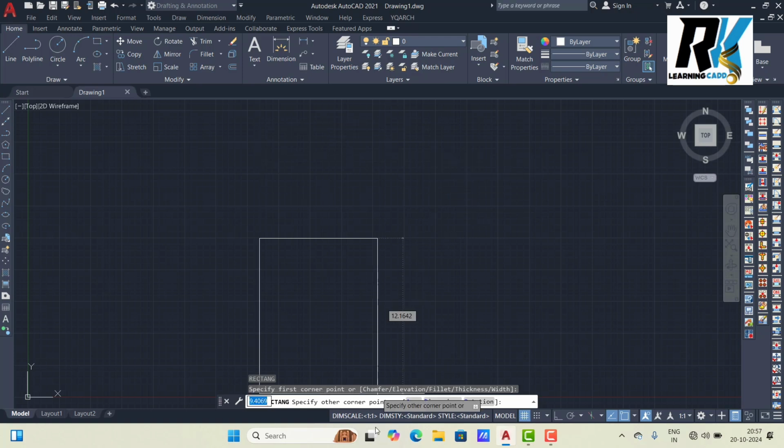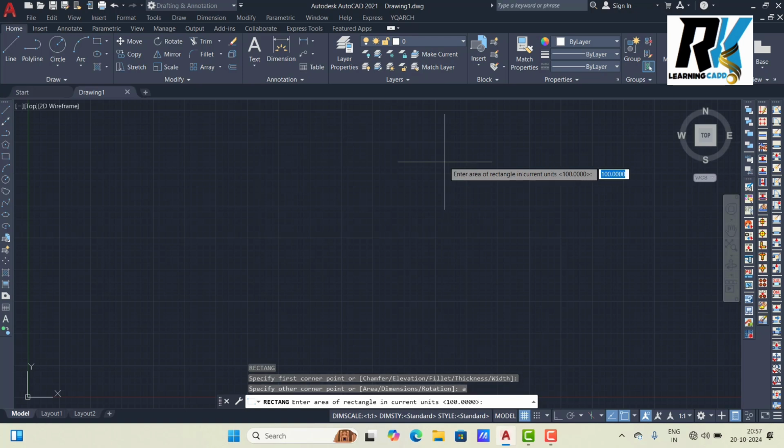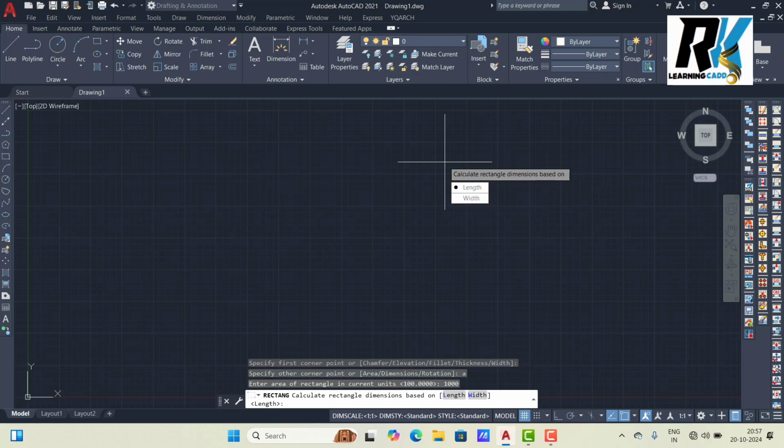For area method creation we can click here on area, or we can press A enter. Now area, I type 1000. This is the multiplication of length and width. Press enter. Now area I have given. Now it asks me for length or width, whichever value you know.